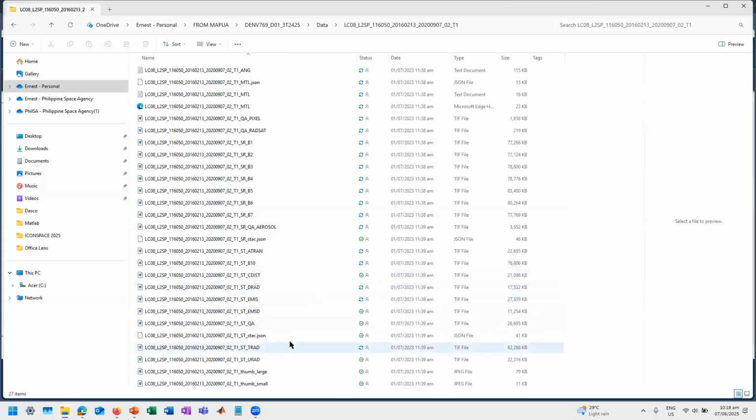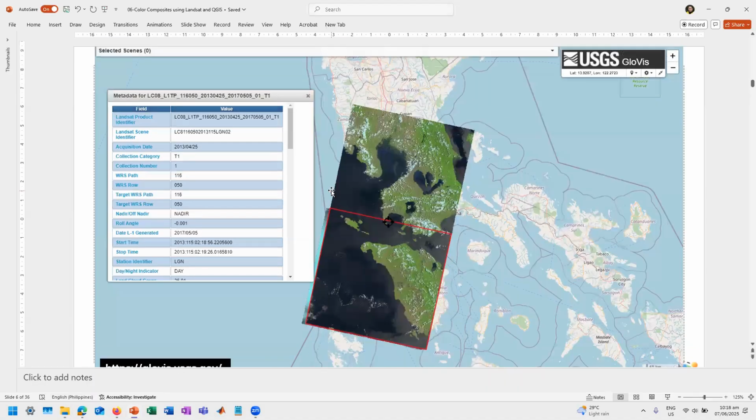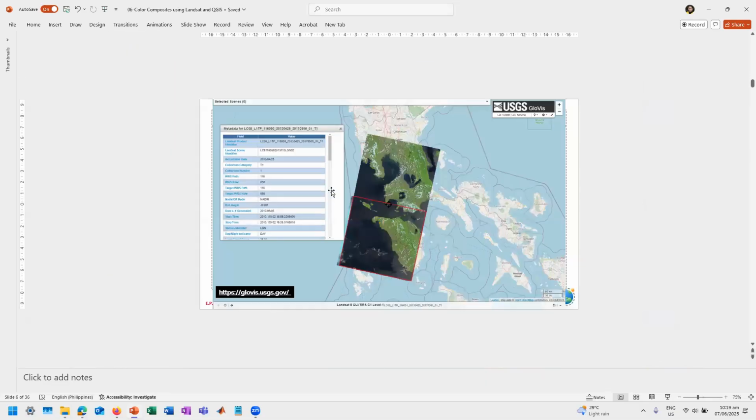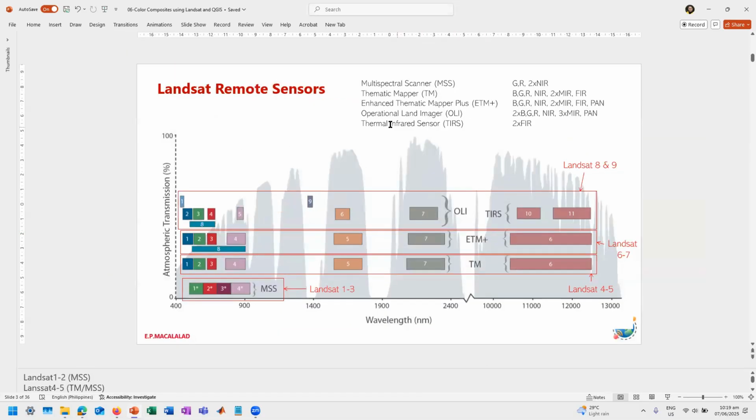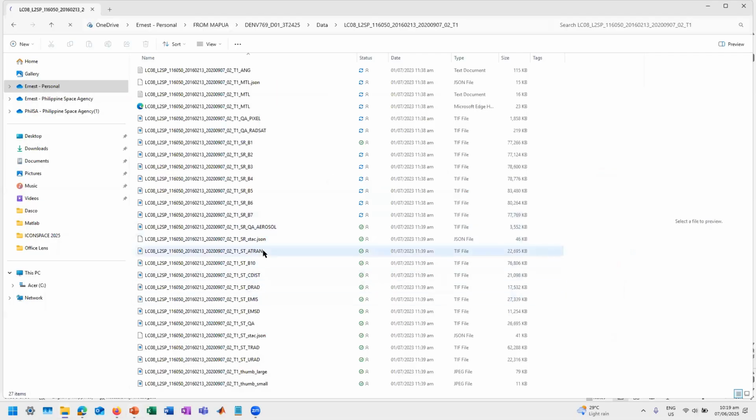This is thermal, etc. Okay, what's important to us right now is itong band 1 to 7, which corresponds to the OLI, yung operational land imagery. So that's bands 1 to 9. What's important lang is hanggang 7. Okay? I know it doesn't make sense right now, so let's go straight to QGIS.